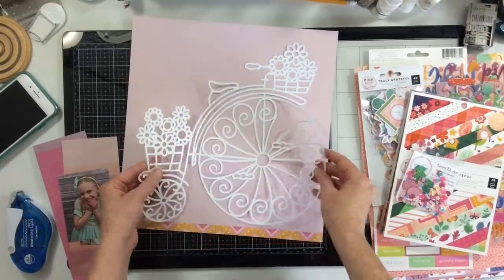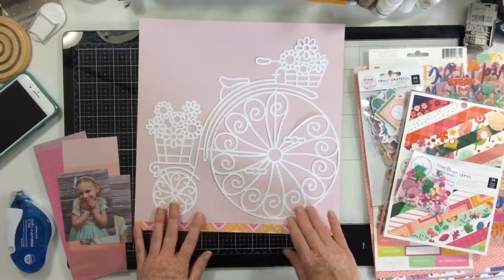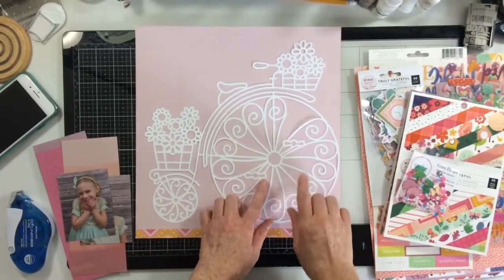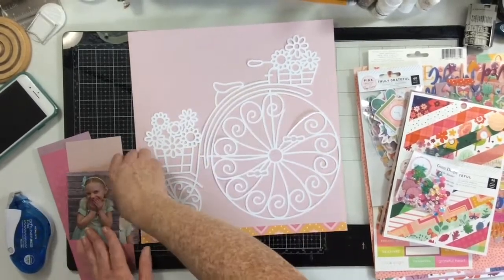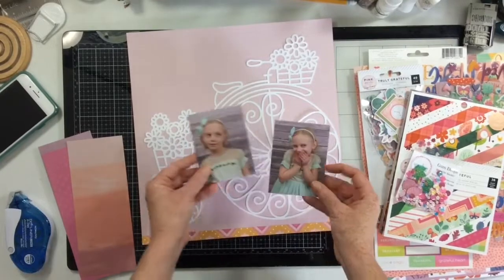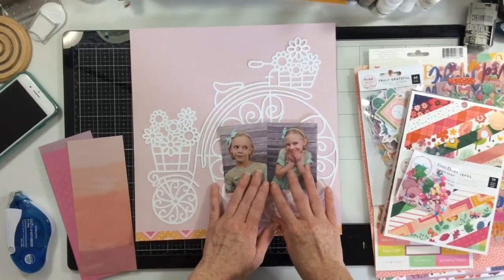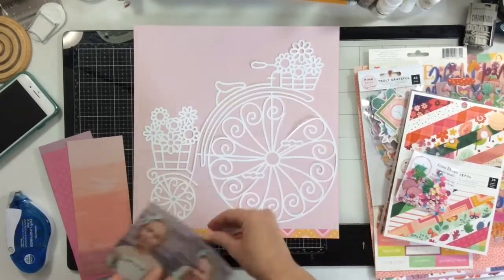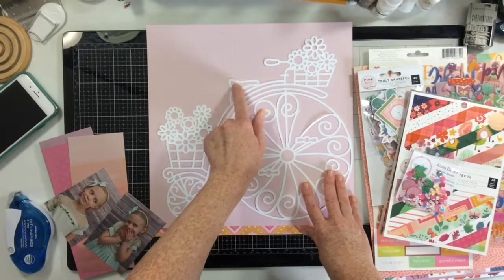cut file group a while ago. And so my plan right now is I'm going to back some of the pieces of this cut file. So I'm going to back, I don't think I'm going to back any part of this because these are the photos we're going to use today, and I'm actually going to place them right over the wheel. So my plan is to back these pieces of the bike